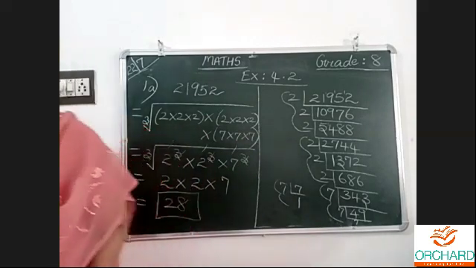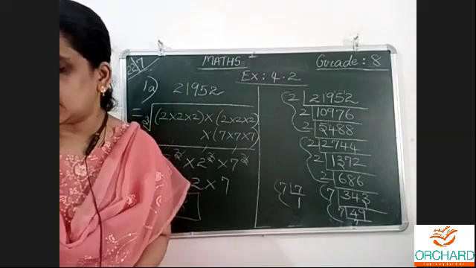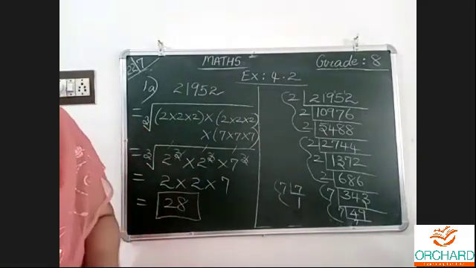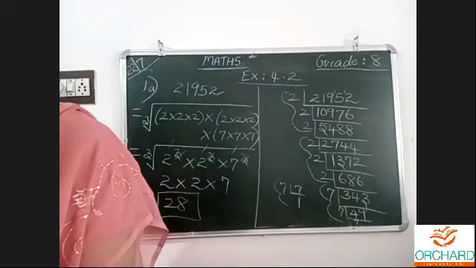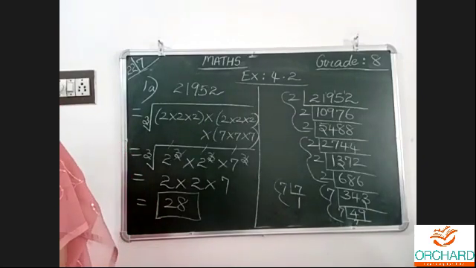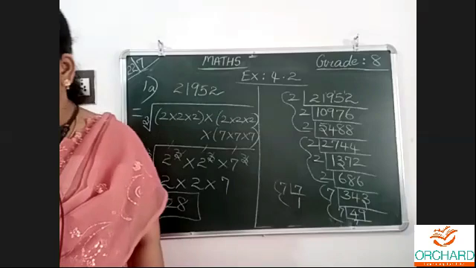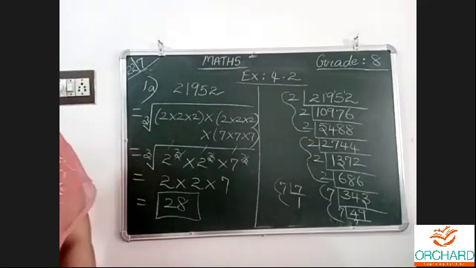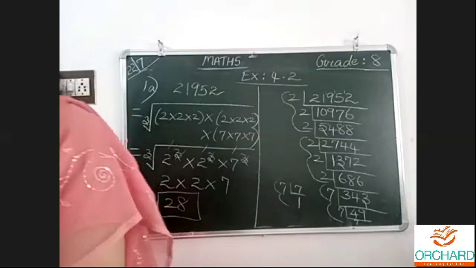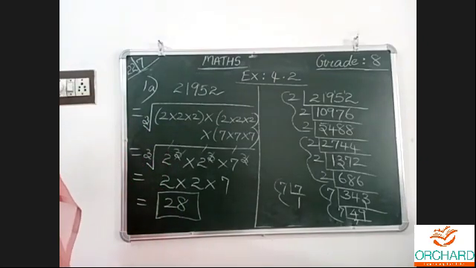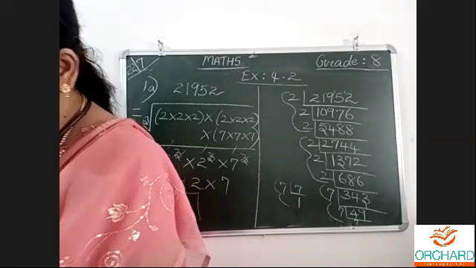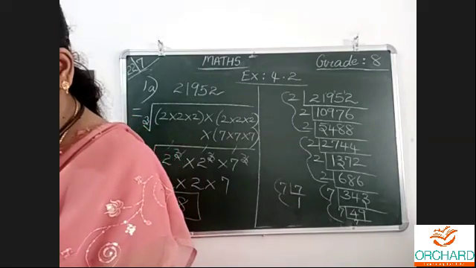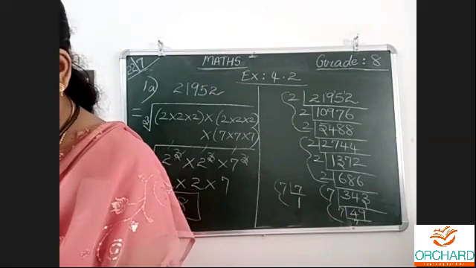Any doubts? The second sum is a B1, which will be given to you as a homework sum. Second question: use the method of estimation to find the cube root. For this, I must first teach you what estimation is, how to estimate, and an example sum, then only we'll go to the exercise sum. Simply we won't enter. After doing that only we'll enter. Exercise 4.1, 4.2. We have only this much. Super. Only 2 exercises.